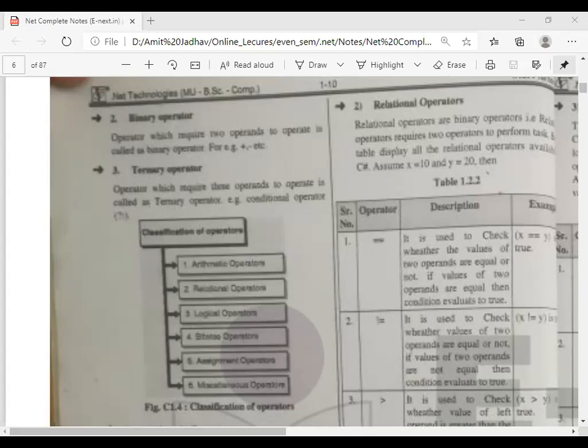Else we will print System.out.println, x is not equal to y.